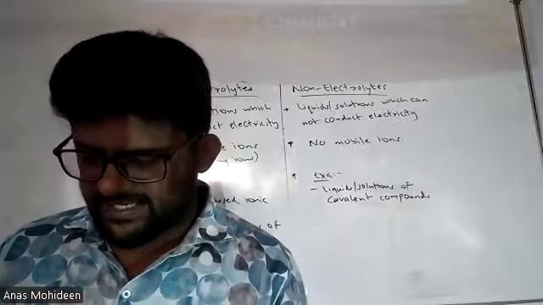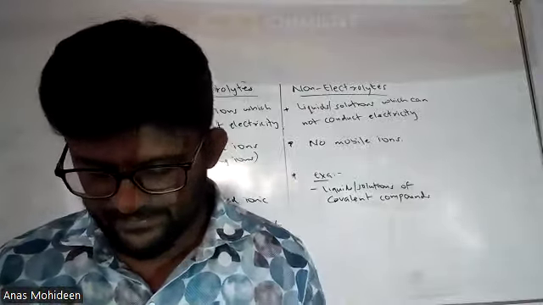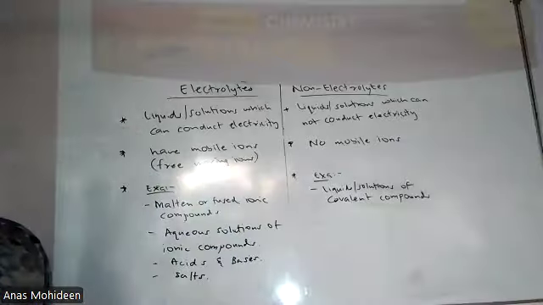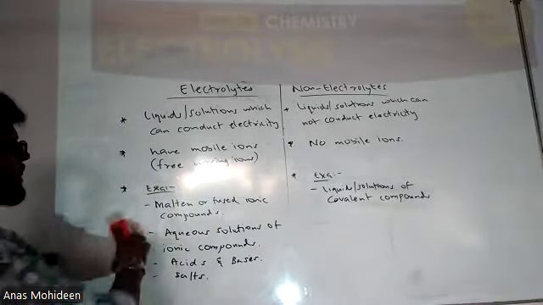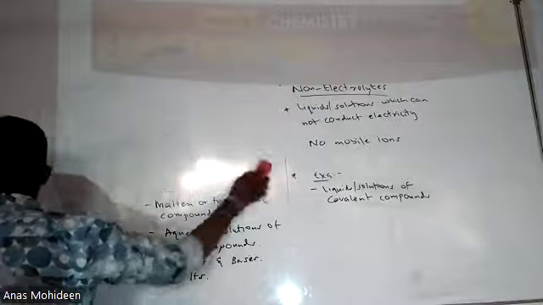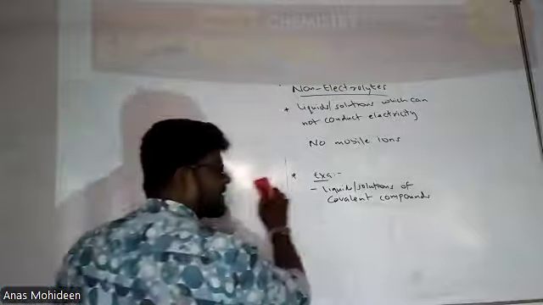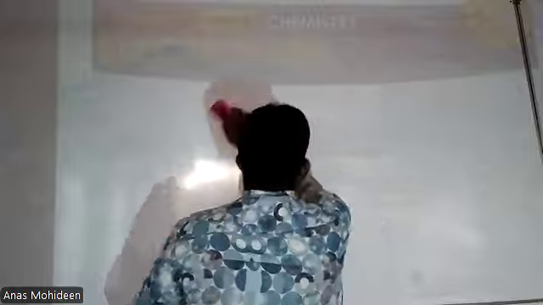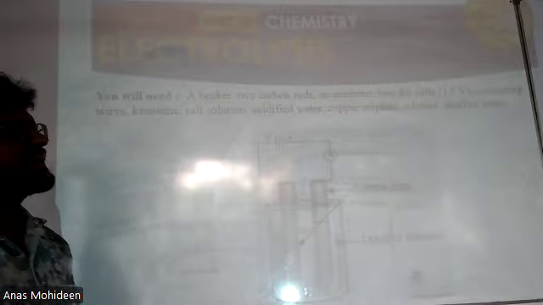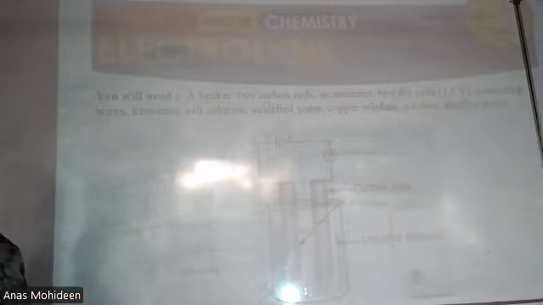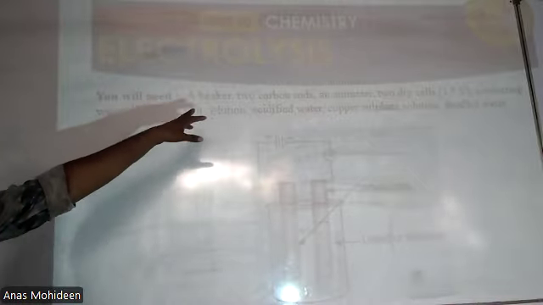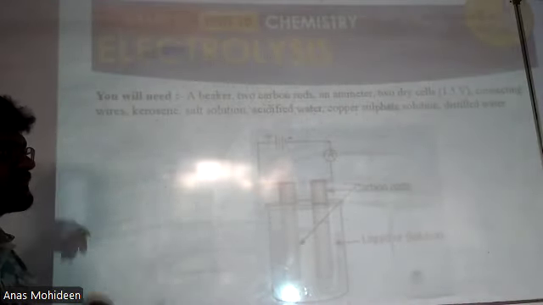You can see that there's a small activity given. Can you please read that activity? Quickly read. In that activity, there are some components given. What are the components given here? A beaker, two carbon rods, ammeter, two dry cells, connecting wires, kerosene, salt solution, acidified water, copper sulfate solution, distilled